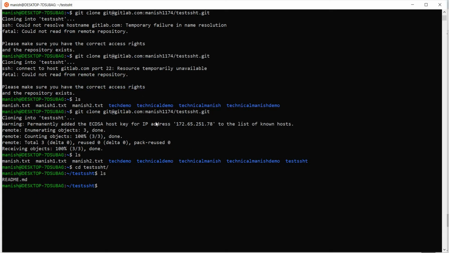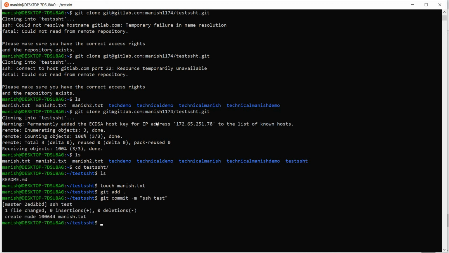So let me create a file manish.txt. Let me add this file. Let me commit this file. Let me commit with the message SSH test. It is successful. Then let me run the git push.